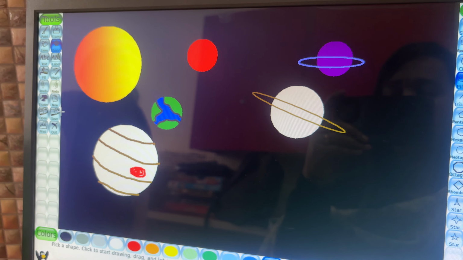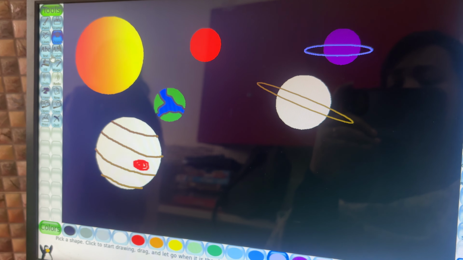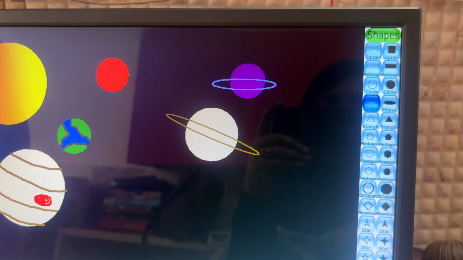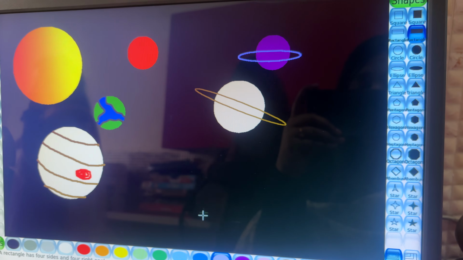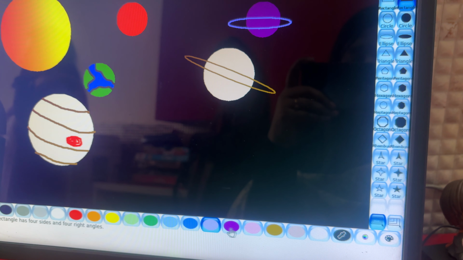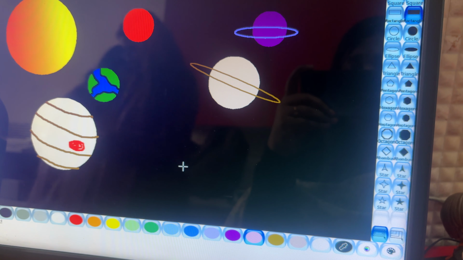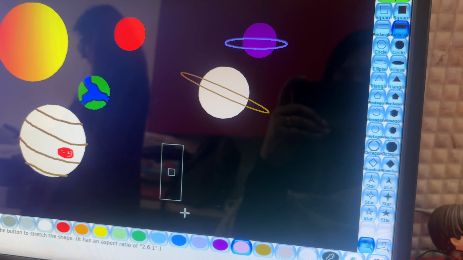Now we go about making the rocket. The most simplistic way of making a rocket is using a rectangle. We are first going to use a rectangle, and you can use any color that you like. Let's say a light pink color. It can be any fun color that the child wishes to use.